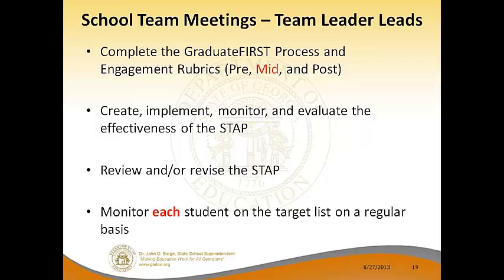Some other things that are kind of must-dos in the school team meetings are to create that short-term action plan, help implement it in whatever way needs to be done, help monitor it, and then evaluate the effectiveness. We talked about that success criteria. So how do we know what we're doing is effective? And if it's not, then what do we need to do differently? And that's the next step. So is there something that needs to be revised? So you'll be reviewing the short-term action plan at every single meeting and determining kind of where we are in